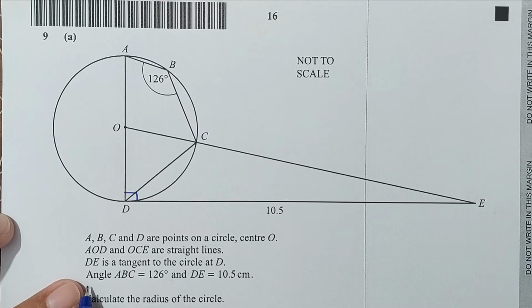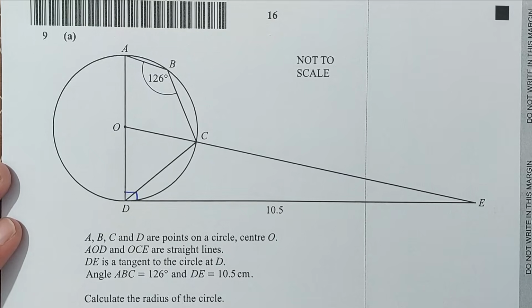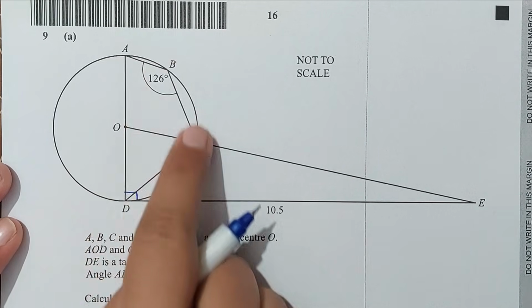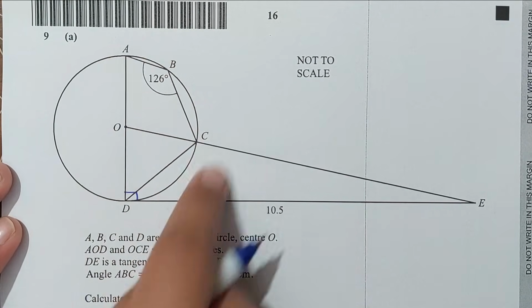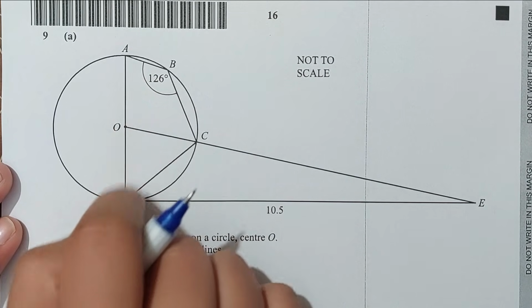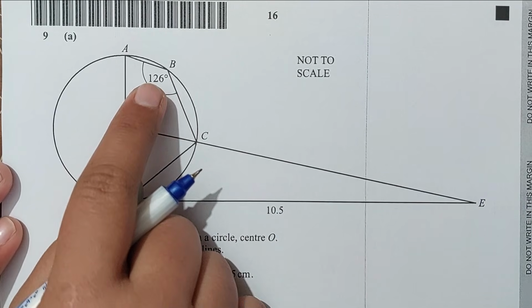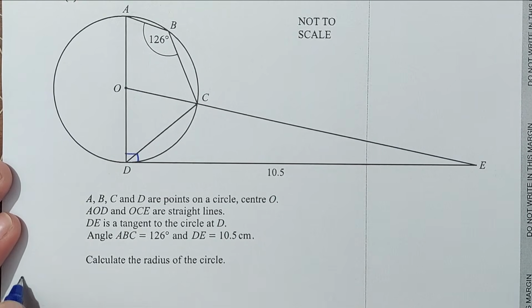The first information, angle ABC is given, and the side D to E is given. Calculate the radius of the circle. The radius of the circle is basically OA, OD or OC. So first, use the concept of cyclic quadrilateral. ABCD is a cyclic quadrilateral, a quadrilateral inside the circle. The opposite angles in a cyclic quadrilateral add up to 180, so opposite angles are supplementary. A and C are opposite angles, B and D are opposite angles. So the first concept I'm using,